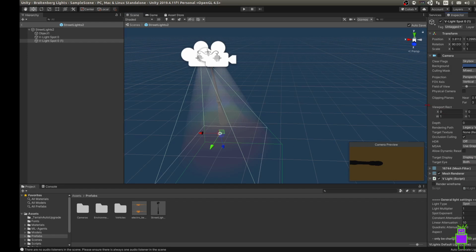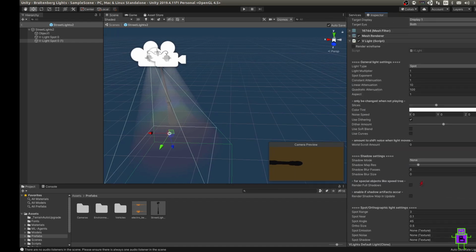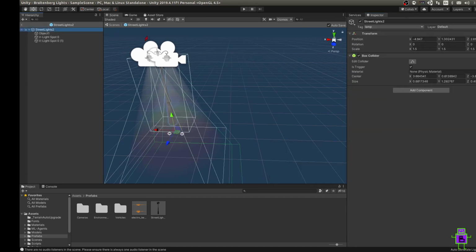And on this lamp post, I've put a box collider, and I have tagged this prefab with the lamp tag, and I've set the box collider as a trigger. That's important so I know when I run into this object, I can use OnTriggerEnter instead of having to search all the time whether or not I've run into a lamppost.